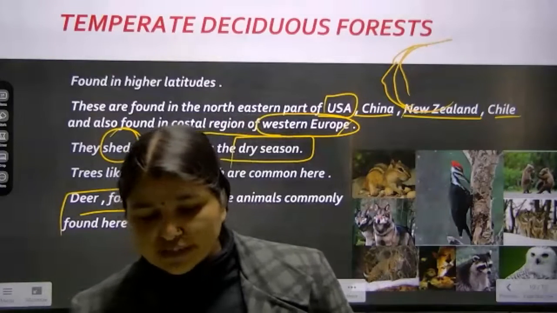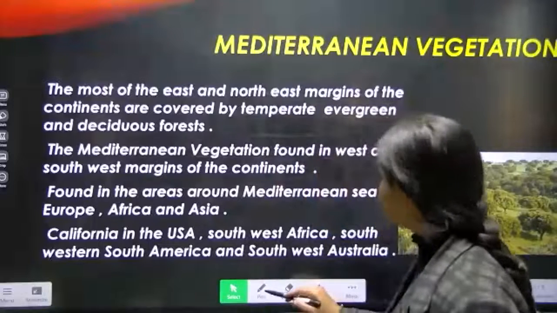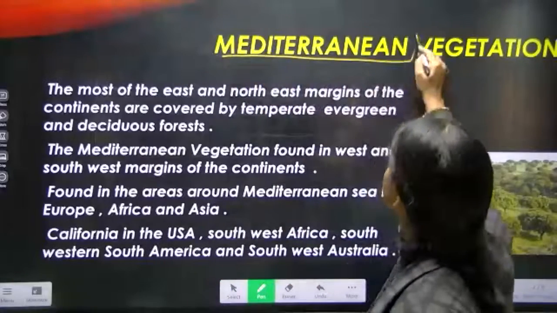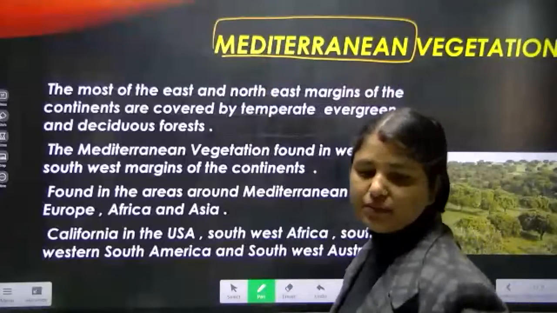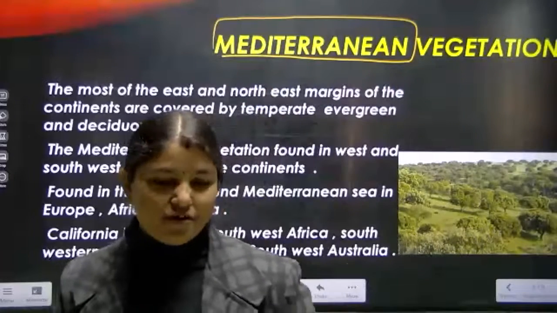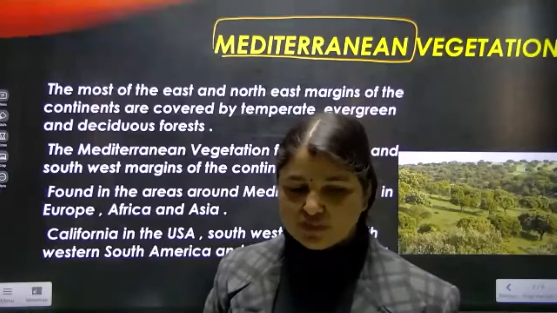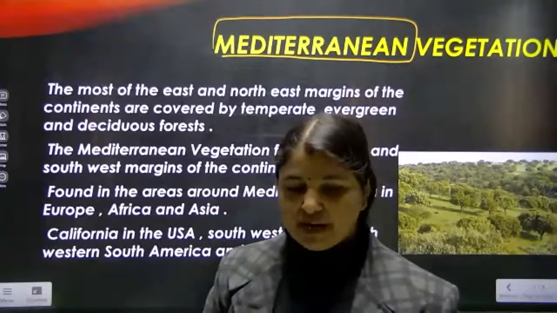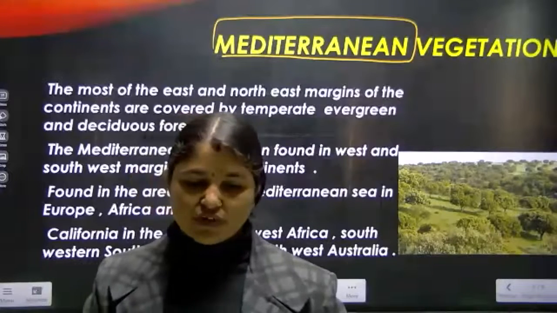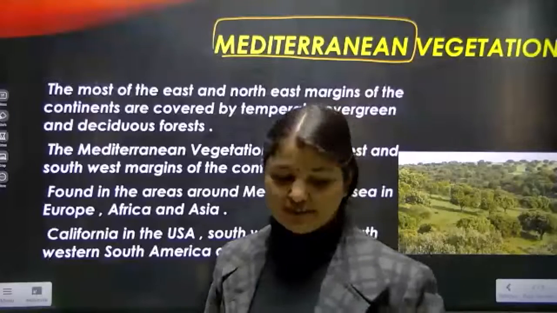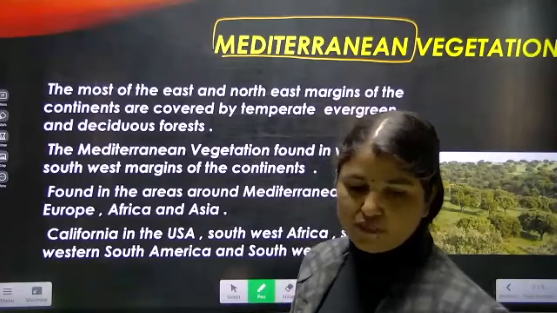Now we will come to our next topic. Yes students, our next topic is Mediterranean vegetation. If you remember this word, Mediterranean, it is the name of a sea also. Yes or no? How many of you know that the Mediterranean is the name of a sea also? Show me your thumbs up. Yes ma'am, Mediterranean is the name of a sea also, and we studied that name in chapter 5 of geography. I told you in my class. But how many of you know about that? Very good. If you all know about it, it is very nice.